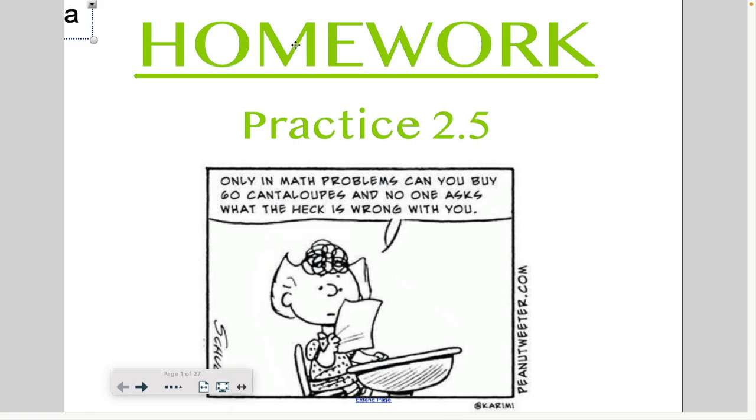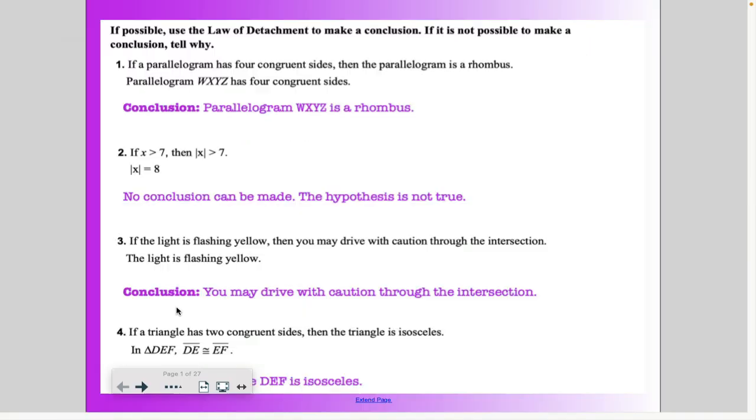Homework. Why is today a big day for you? You're going to write your first ever dreaded algebra to geometry proof. Okay? Get excited. But how about this? I thought you did pretty well yesterday, but reminder,